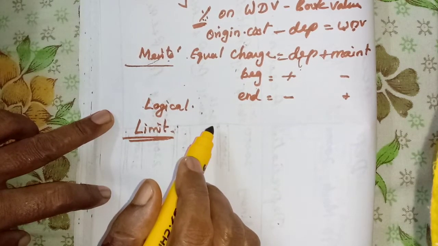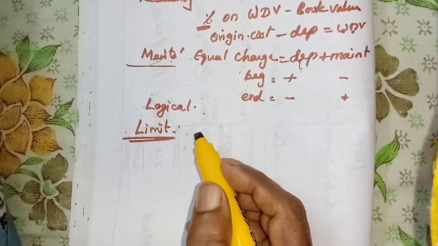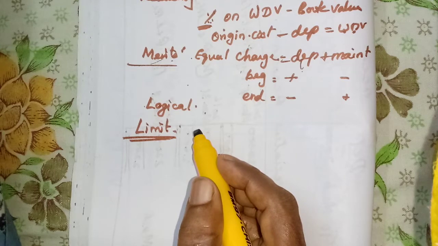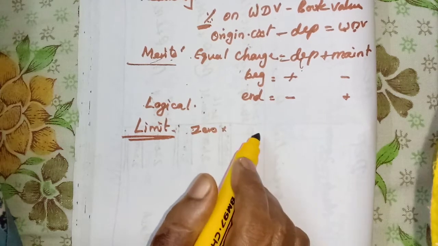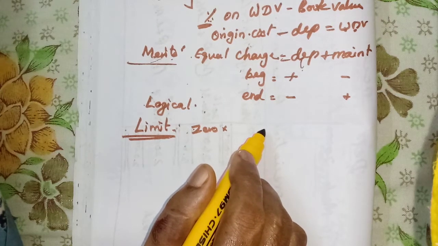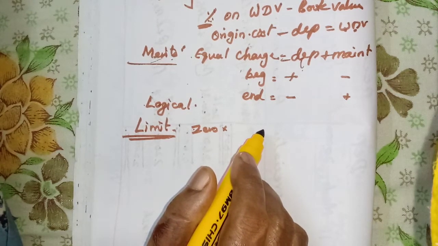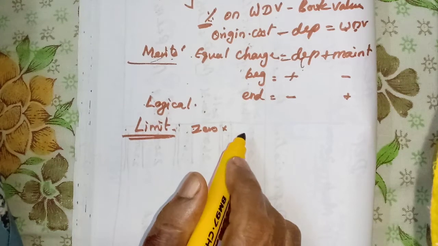Okay, what are the limitations? Here in the straight line method, we see that at the end of the life of the asset, the value will become 0. Here the value will never become 0. First we will calculate for 1,10,000. Then next year we will calculate for 90,000, 10%, 9,000. Again we will deduct this one. Next year, third year, it will be 81,000. From 81,000, 10%, 8,100. Like this, it will get reduced, but it will never become 0. The value will never become 0.